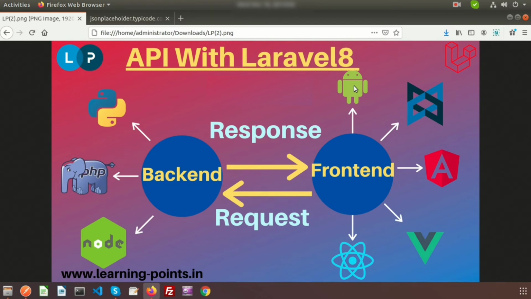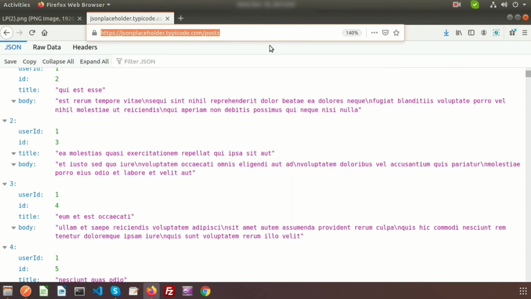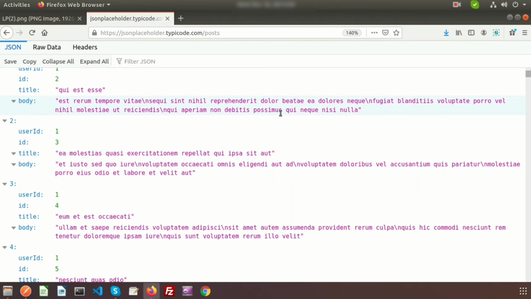Now the question is how to create API and how to test API. In the next video we will learn more deeply about API and we will create an API. Now I will show you how to test API. There are tools to test API. There are many types of requests like get, post, put, patch, and many more. We will cover each of them later in the next video. This is the get link, so just enter this link and we'll get this result, which is basically the get request.